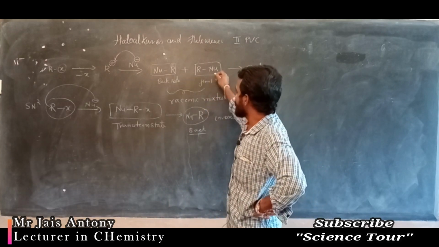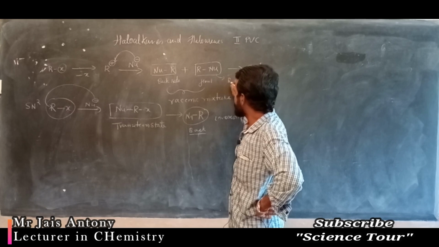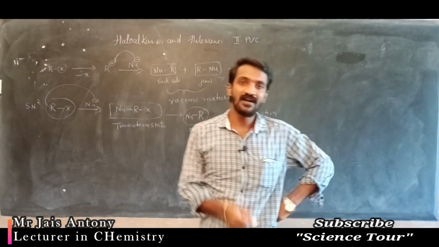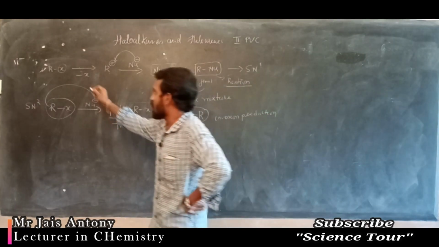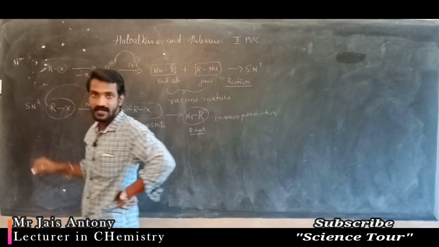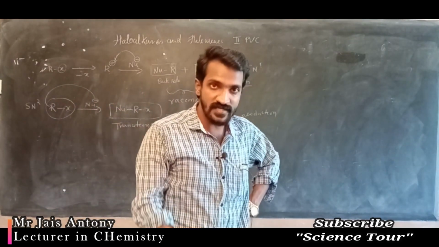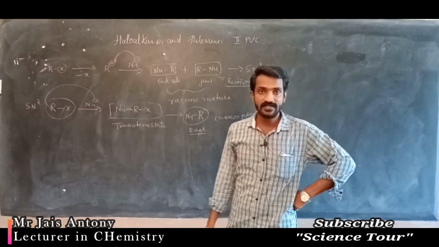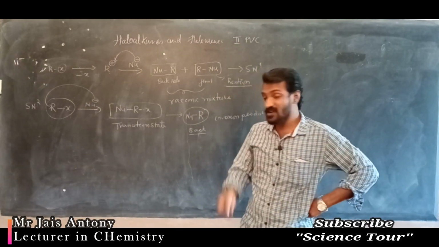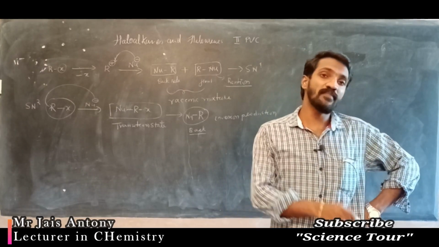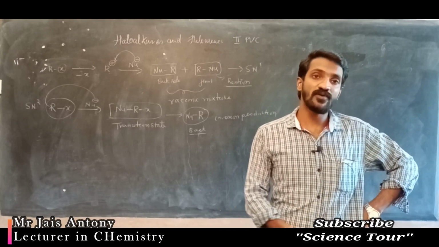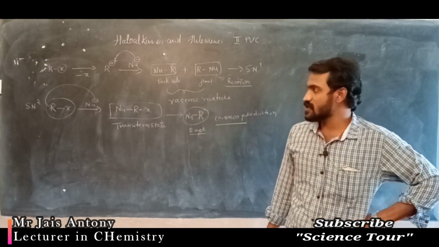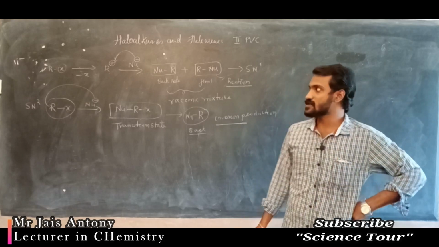Here, if you are getting the same product, then it is called the retention product. You are retaining the structure because X is at the front side. If the nucleophile also attacks from the front side only, you get the front product, and then it is called retention configuration. If the nucleophile attacks from the back side and you get a product different from the reactant, then it is called the inversion product. These two are very important. This is the first note.